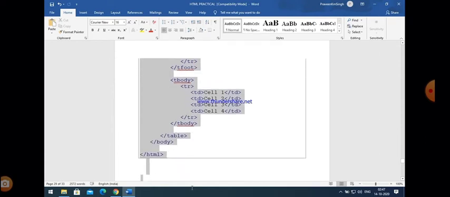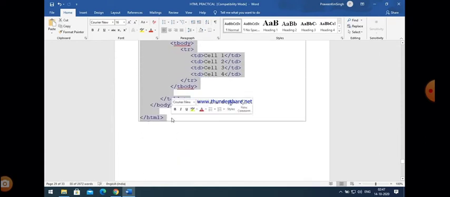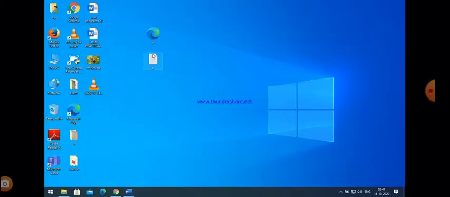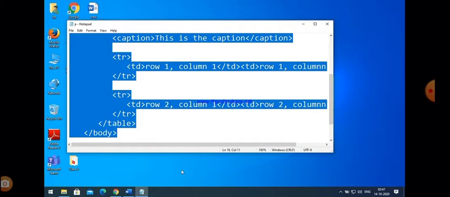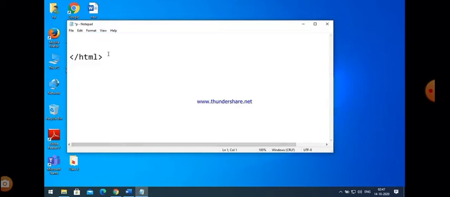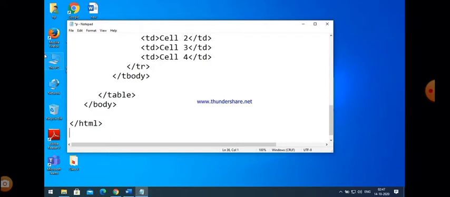Now let us execute this program. It will give you a clear idea how this program works after defining the thead, tbody and tfoot tags. So that is our program. Now let us execute this program.